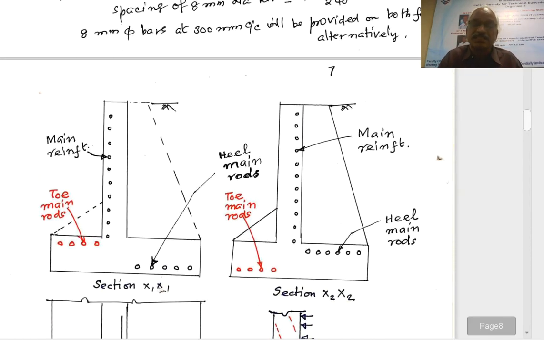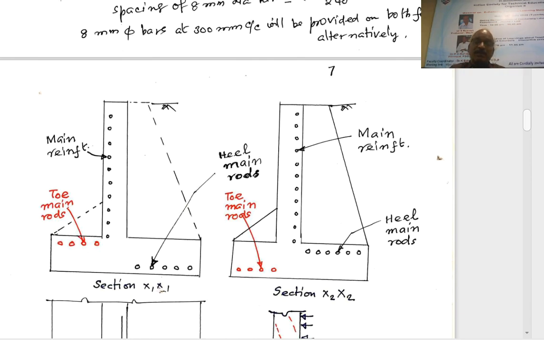Yes, this is the cross section. Now we can see the reinforcement in the heel slab. So the diagram on the left hand side is midway between the counterforts, steel at the bottom. Right hand side is at the section of the counterfort, the steel at the top. So we have to see the location of the main reinforcement in the upright slab, heel slab and toe slab. So that's about the cross section.